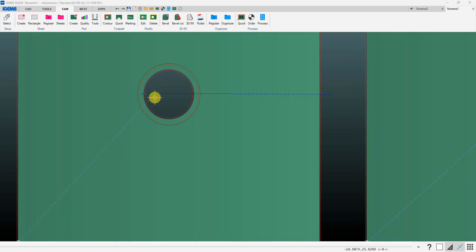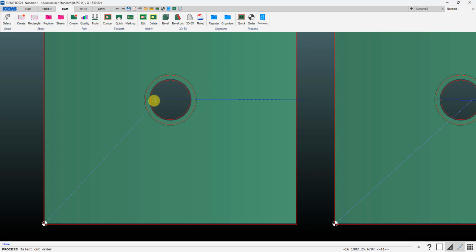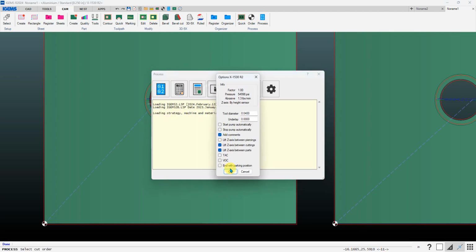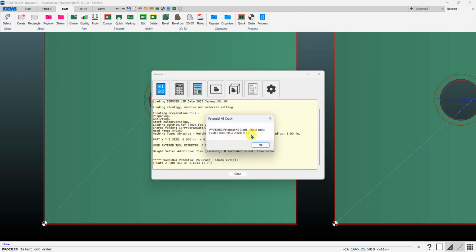However, if you change things around, or like I've done, apply a height set attribute on the bevel cut to force it to do a height set, then you can get it into a situation where the height setter would want to come down on an area where there's not going to be any material, because the slug will probably have dropped into the tank. So we want to, of course, avoid that, and that's what this warning message is that you can potentially get. So here it warns us potential height setter crash,